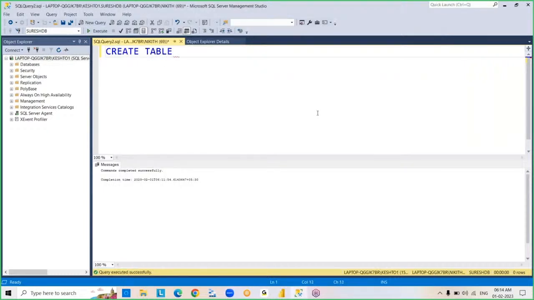So let us say create table. Suppose the table name I am giving is products. So start bracket. Inside the bracket,